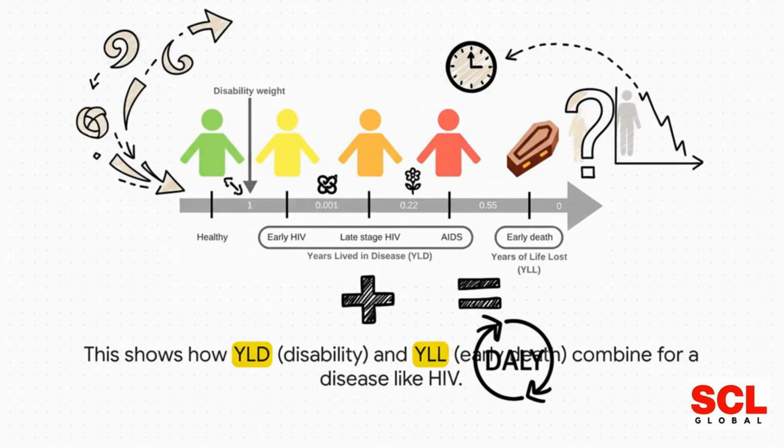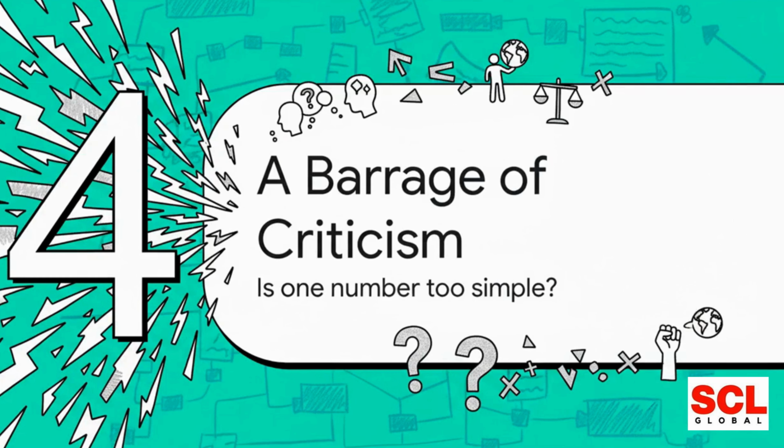And this chart is a fantastic illustration of how it all snaps together. Let's take a disease like HIV. A person's journey with the illness adds to the DALY score in different stages. First, as the disease progresses, they accumulate years lived with disability. That's the YLD. And each stage might have a different disability weight. Then, if that person unfortunately dies early, all the years they were expected to live are added as years of life lost, the YLL. The total DALY for that person's case is the sum of all that lost healthy time. The DALY was created to give policymakers this crystal clear view of the world.